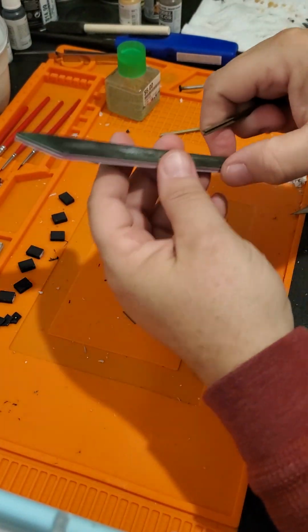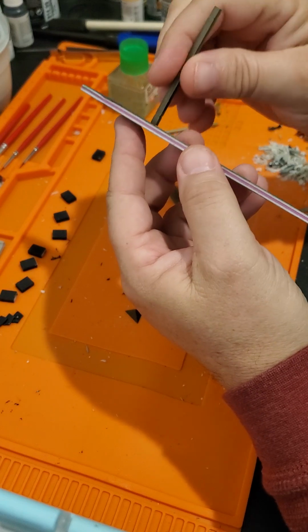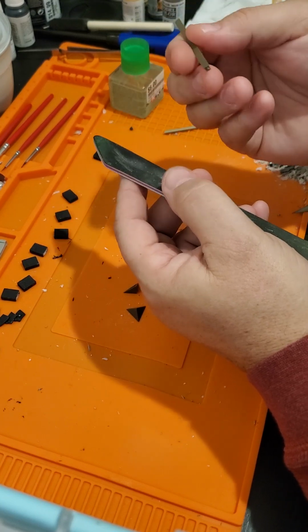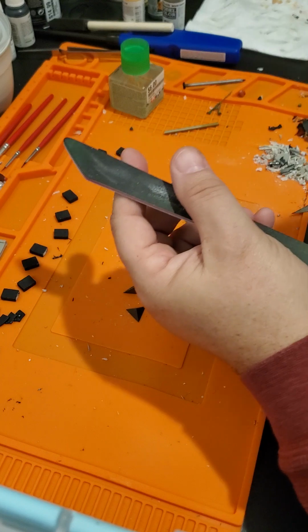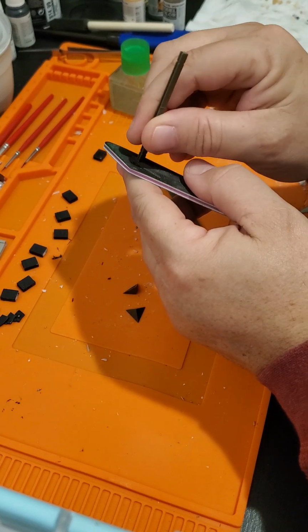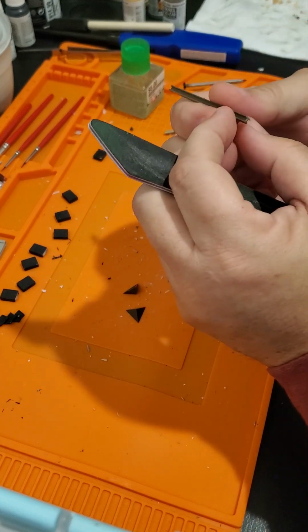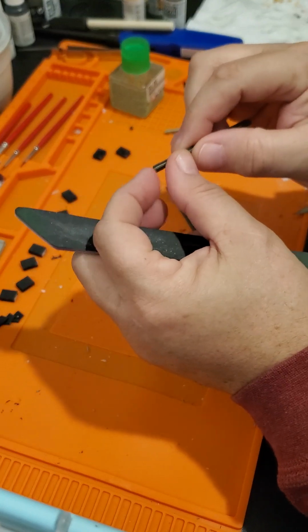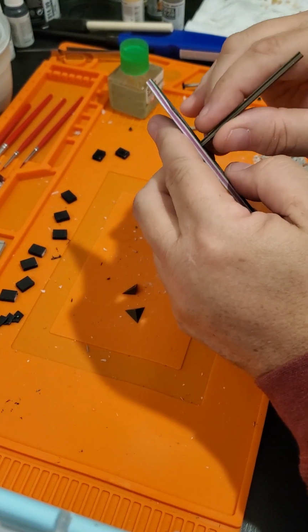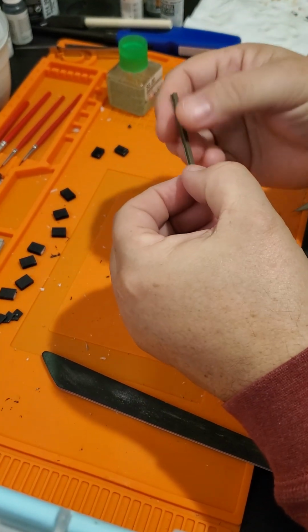So what I'm going to do is take what is basically a big Hobbytown branded 400 grit emery board and just kind of lightly rub the end there. Okay. Long time ago when I was first starting out, I would literally use nail file emery boards. The fine grit side works fine. So if you're wanting to get into this, you don't have to go out and spend a whole lot of money